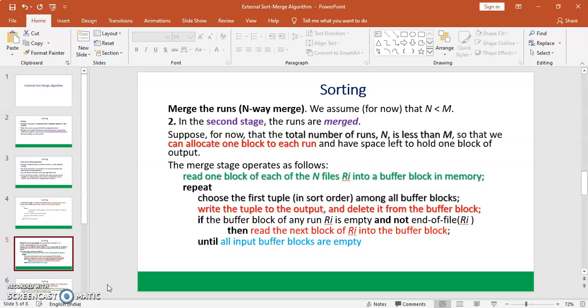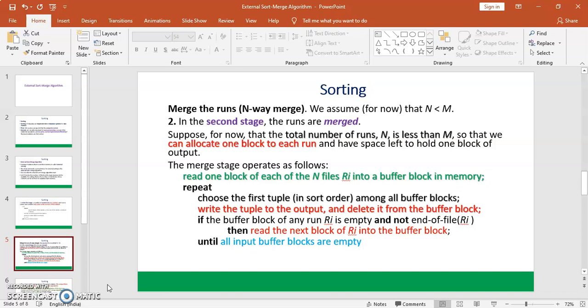We have to pass through the entire set of runs to merge them and create the final resultant relation.